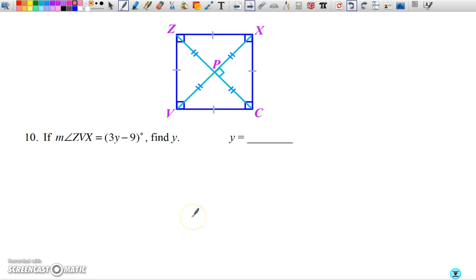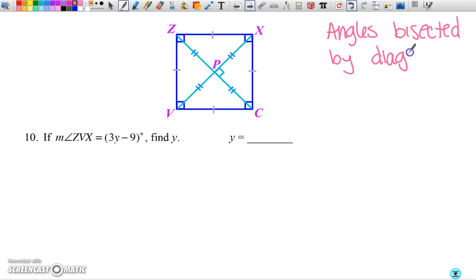All right, now number 10. So this time we have a square, and you'll notice it's standing straight up now. We've got 90-degree angles, and the angles are bisected, and that is really important to remember. So they are bisected by the diagonals. So making sure that you know that. And because of that, and the way that this works, that makes all of these individual angles here 45 degrees. So every single angle is exactly the same. So we end up with 45, 45, 90 right triangles, which you've seen before from back when we were doing